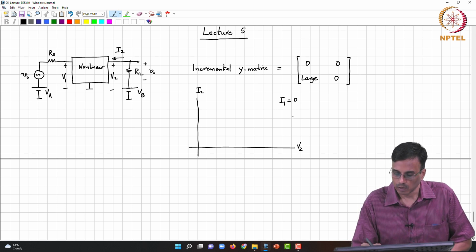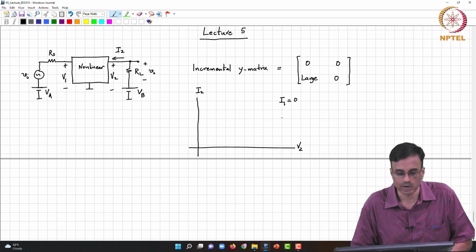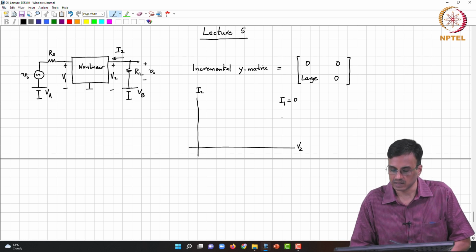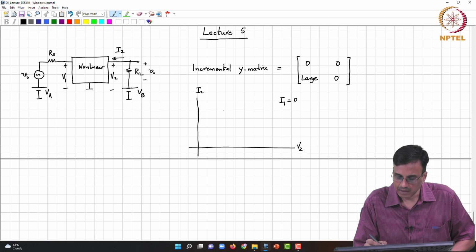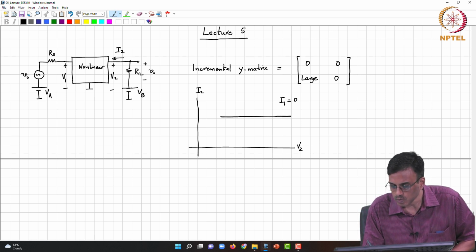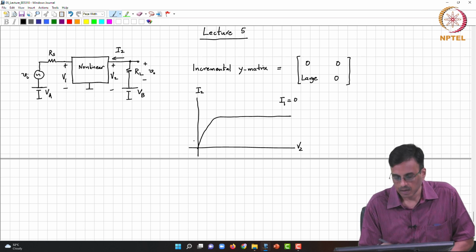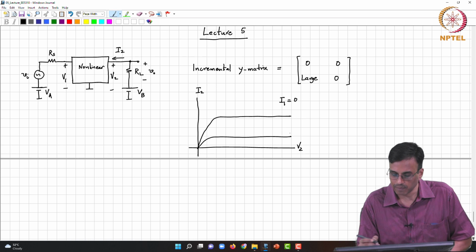And we concluded that ideally all that it needs to do to ensure y11 and y12 are 0 is that the input port current I1 must be a constant. A good value for that constant is 0, and it so happens that many devices actually have capital I1 equal to 0. So, if that is the case, then we can plot the output characteristics, and we said that because the device itself has no sources of energy inside, the output characteristics cannot remain parallel to the x axis for all values of V2, and they must eventually dive into the third quadrant. So in principle you will get a family of curves, one for each value of